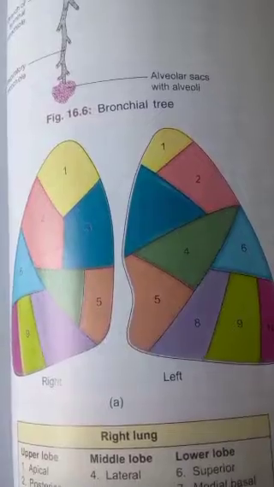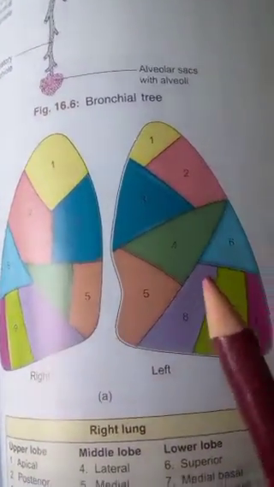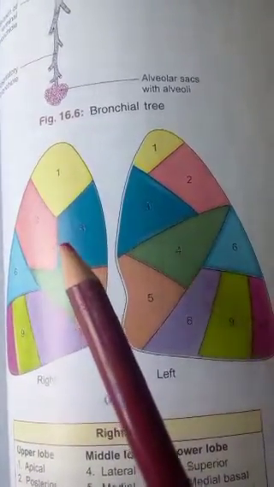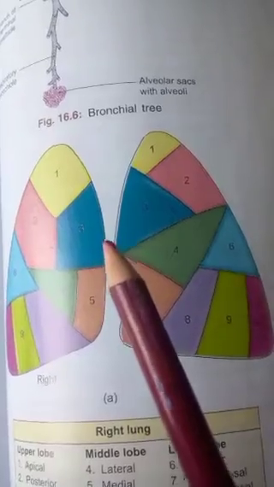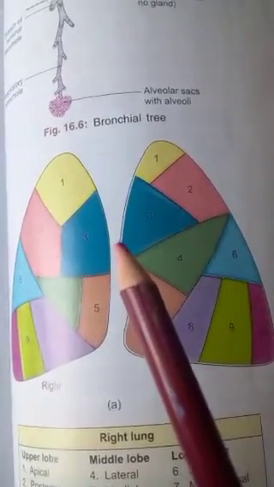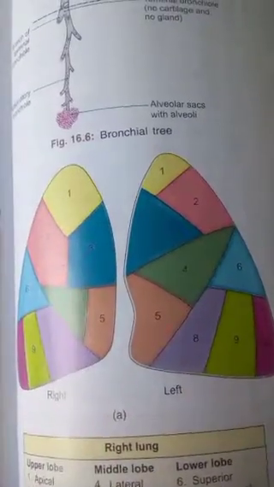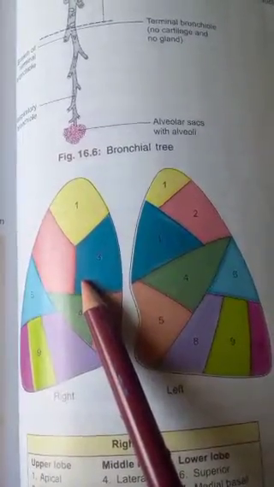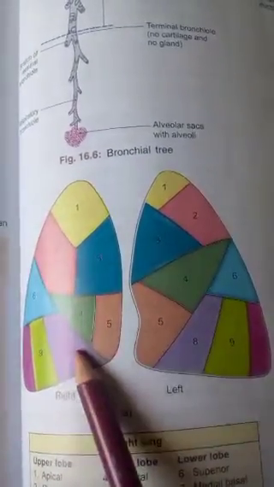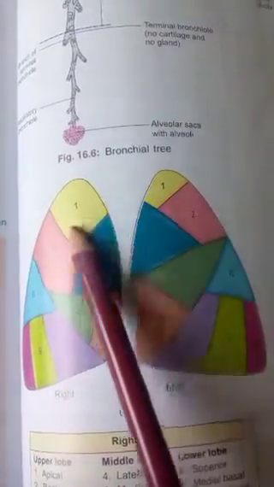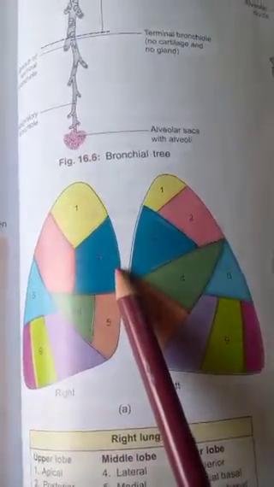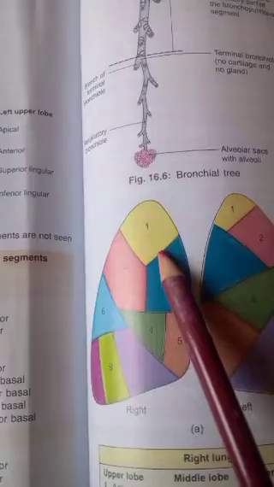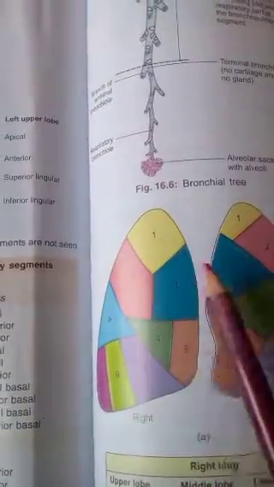Let us discuss the importance of bronchopulmonary segments. Firstly, knowledge of the location or position of these segments helps in the natural drainage from the infected area of the lung by adopting different postures. The fibroareolar septa between different segments can act as a natural barrier and prevent the spread of infection from one segment to the other. But tuberculosis and carcinoma of the lung can break this barrier and spread in a wide area of the lung.